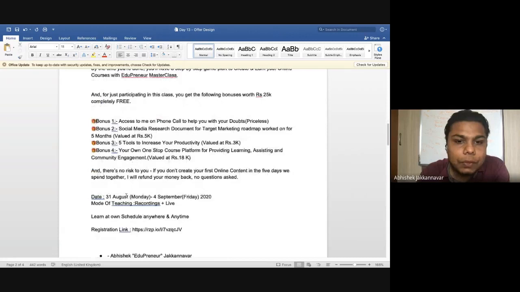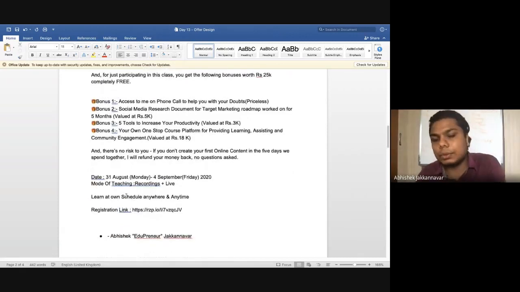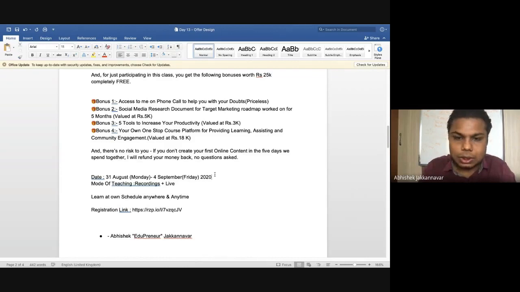Then, one of the biggest mistakes which I see most people make is that they add shortcuts. They write 31st Aug, something similar to this. I'll just show you. So no shortcut here, because it has to be very professional.